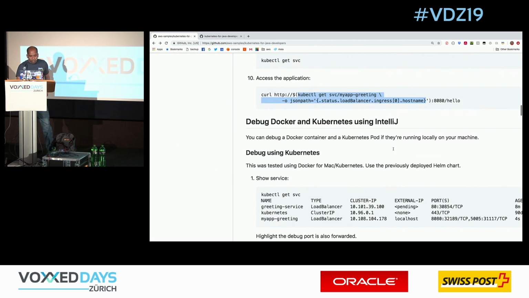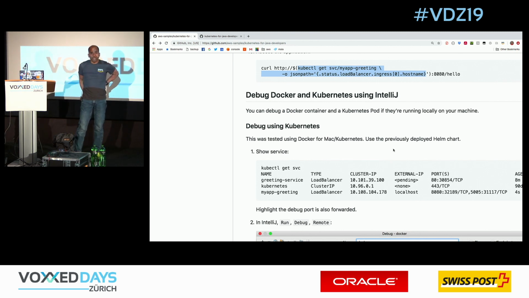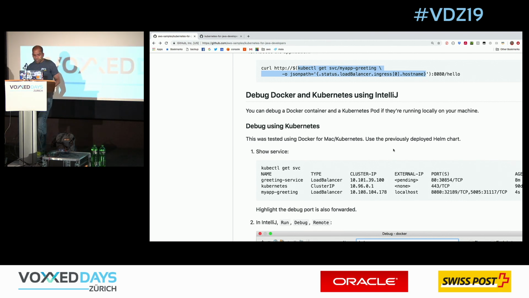Now, a common question is, as a Java developer, we are used to Java tools like IntelliJ, NetBeans, Eclipse, whatever your favorite IDE is. So how do I debug my application? So let's go back to my Docker file for a second.